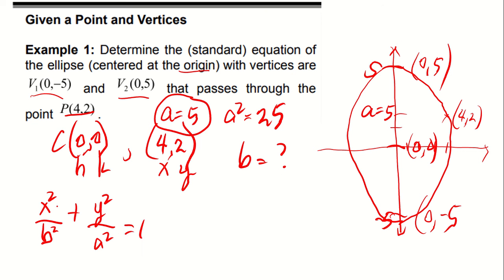Okay? So, alam naman natin na ang x natin ay 4. So, that is 4 squared, that is 16. Plus, ang y naman natin dito ay 2. That is 2 squared. That is 4. And this is over b squared. And alam naman natin ang a squared is 25. That is equivalent to 1. So that means we can solve for b. From that, we can also have that 16 over b squared